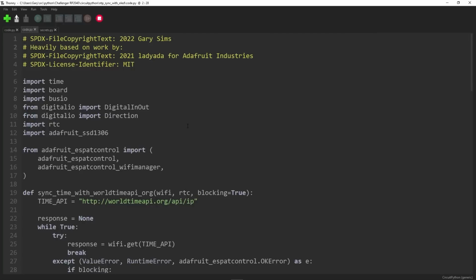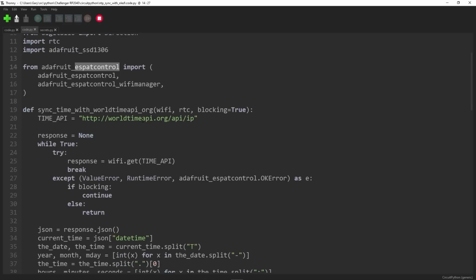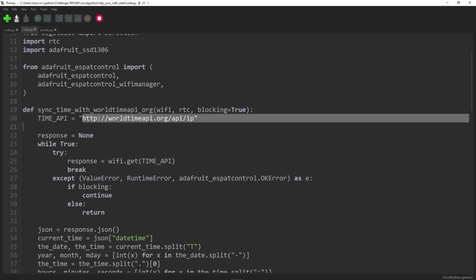Now, the next bit of code I want to show you is how you can run a kind of time synchronization over the internet, and how you can power a small OLED display with the SSD 1306 driver. I cover that in a few other videos here, and how you can use the ESP, remember it's an ESP32 chip that's doing the Wi-Fi stuff. So ESP-AT control is a library that allows you to talk to the Wi-Fi and get all the Wi-Fi stuff up and running. And what we're going to do is connect to this website called